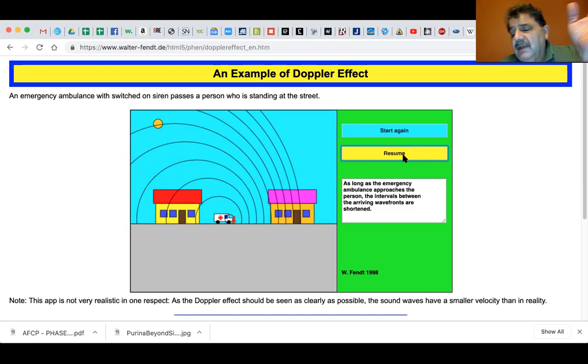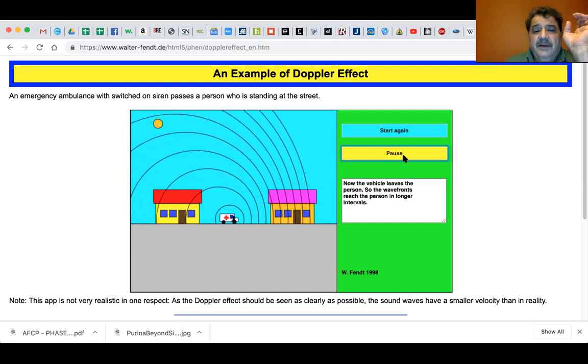So that was going, I don't know, I think it was more than one a second. Now watch when the ambulance passes the observer, and we'll count again. Now, this is a very exaggerated view, but it's just to get the point of the Doppler effect